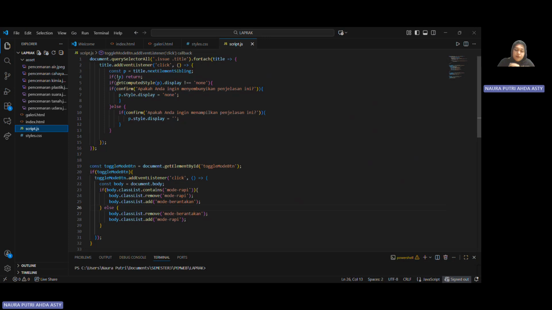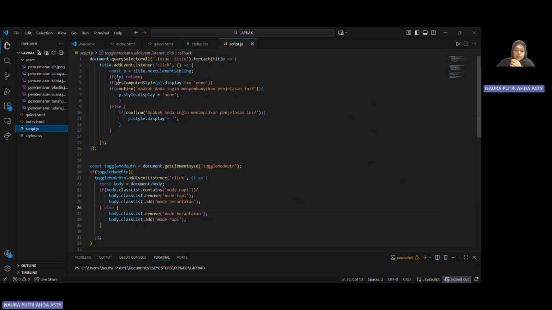When the user clicks an issue, the code will find the paragraph right under it. This gives the user control over hiding or showing each page with a simple click.